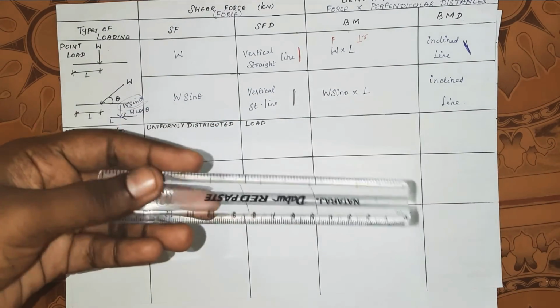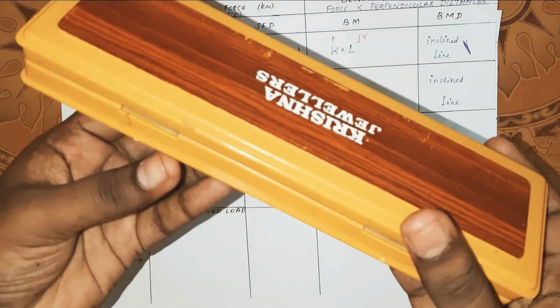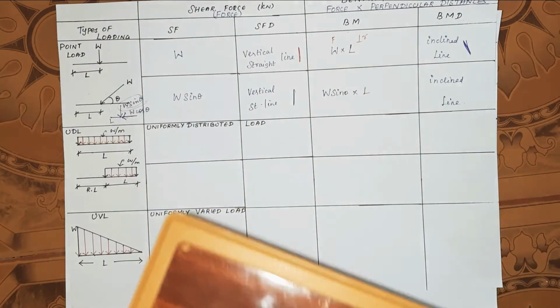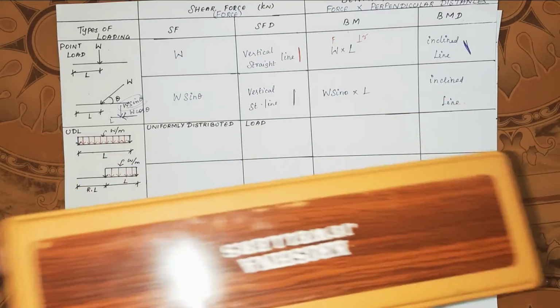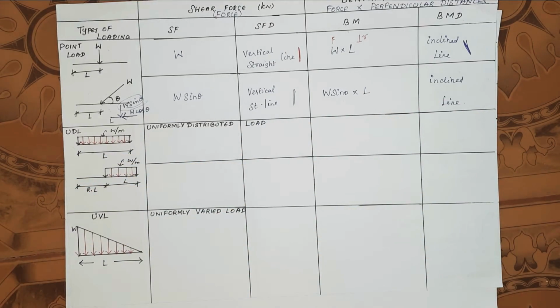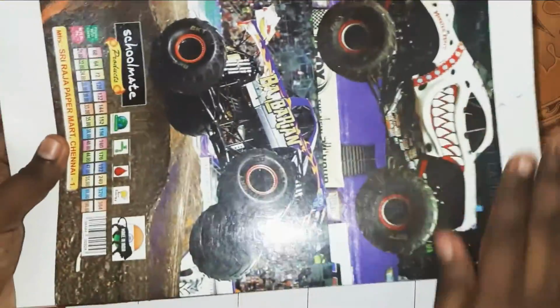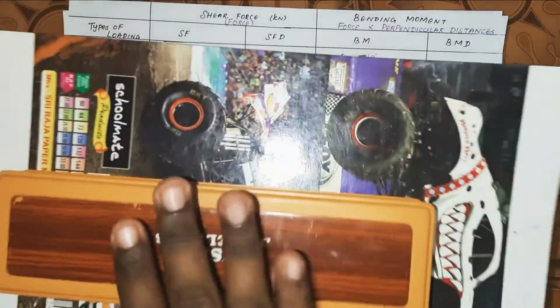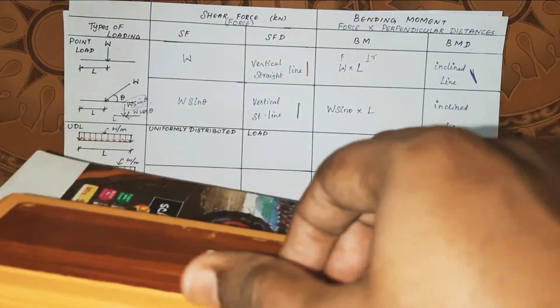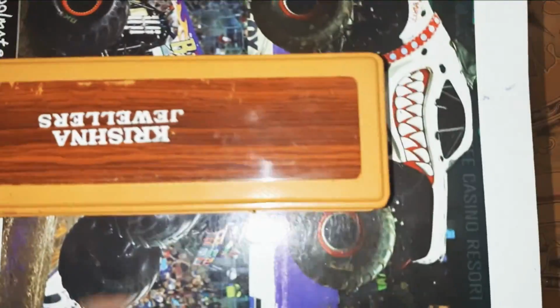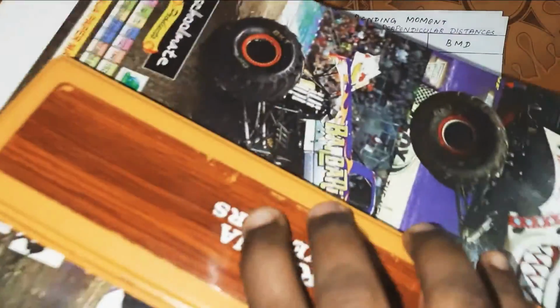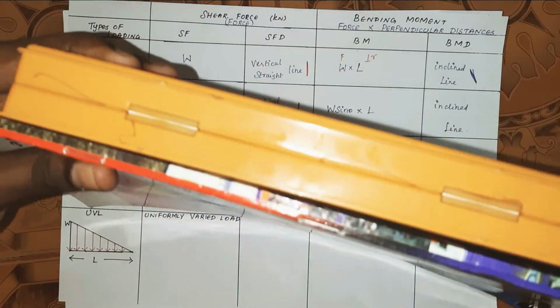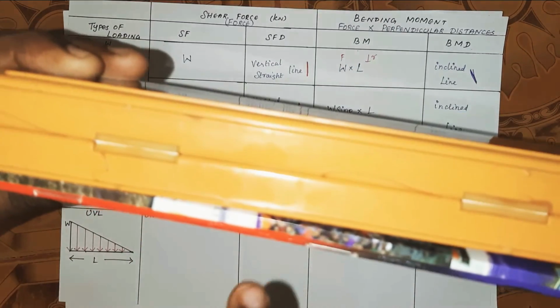First, this is a beam. Again, I am placing this UDL onto this beam. Let us consider this is a beam, so this UDL is acting on the beam. The load W is acting on the UDL. The length of the beam is L. Do you understand? The length of the beam is L, and the load is acting as W.